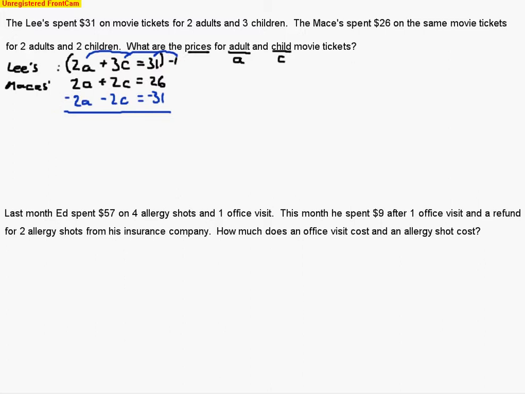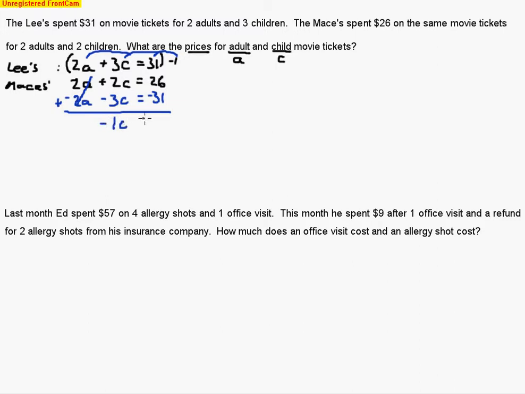I wrote a number wrong, so I'm going to fix that real quick. This should be a 3c. So let's fix that. So now I'm ready to go ahead and add this stuff together. Again, this is 3c because it's -1 times 3c makes a -3c. So I'm ready to add this together, and I'll get these a's to cancel. Once those cancel out, I am just left with c's. Now I have a